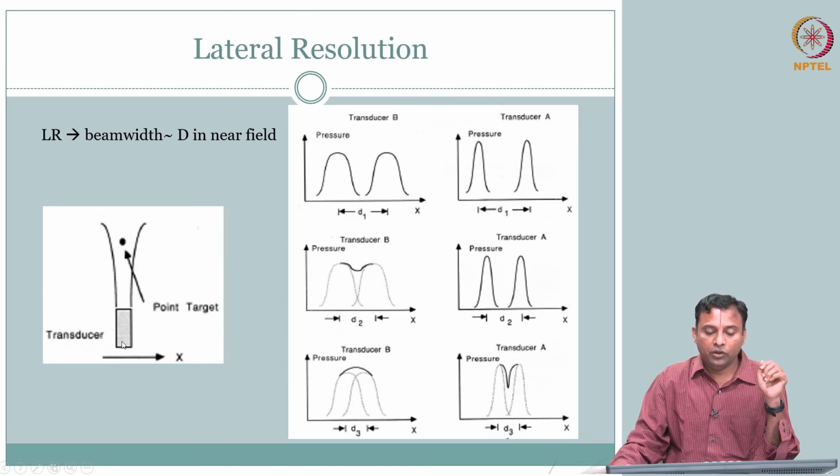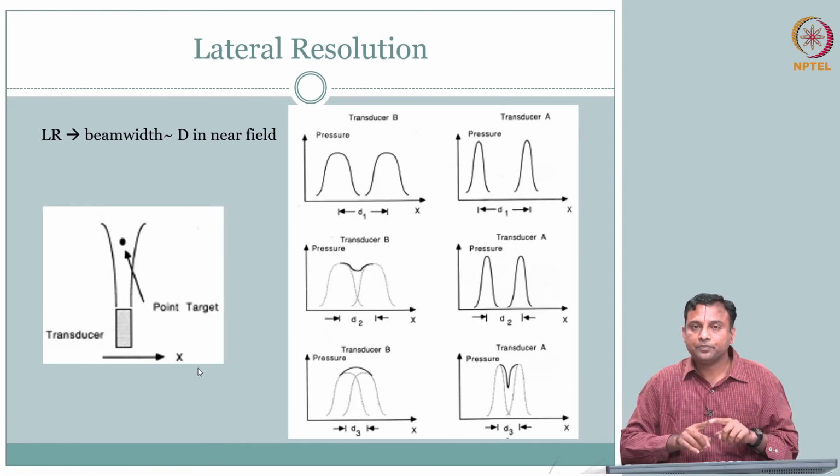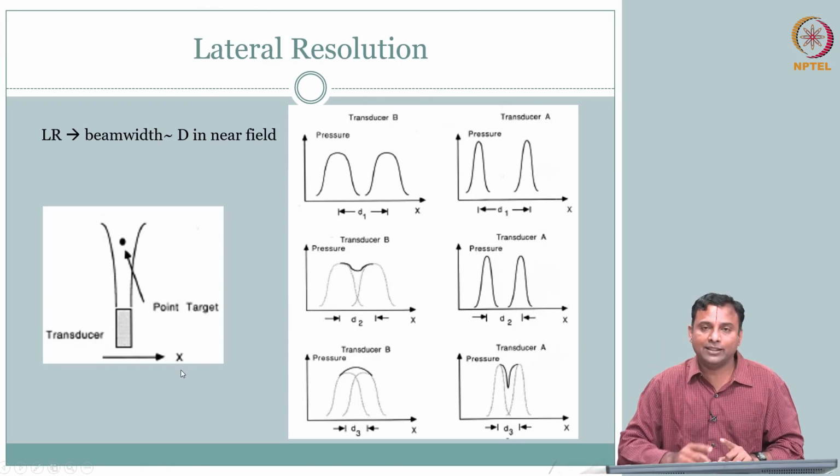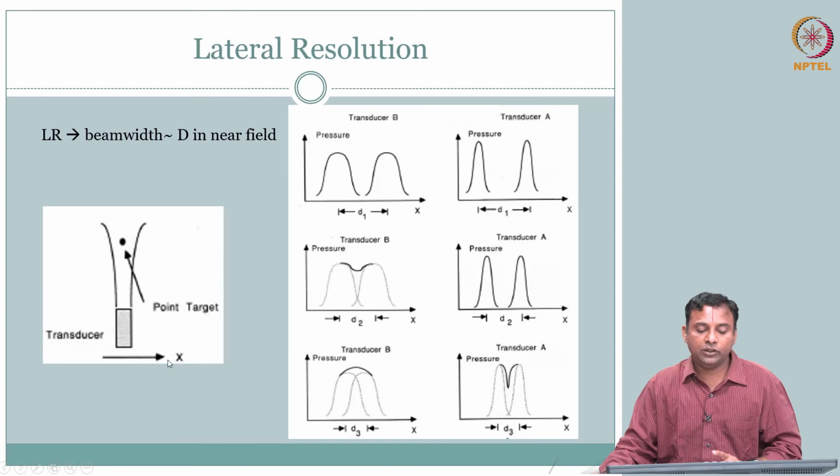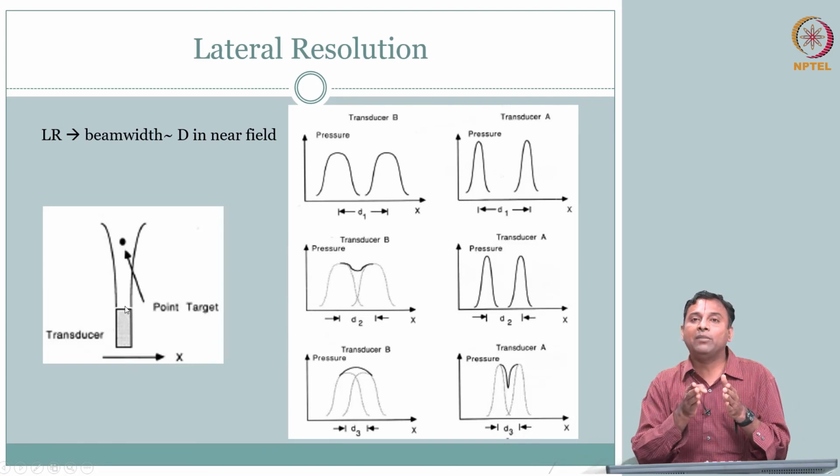So when you have a transducer and you want to do imaging, this is only one direction, the depth direction. I should be able to move it in the other direction, right? Only then can I get an image. So x comma z, I can get my image plane as x comma z, based on the x that is written here. If this is the case, then I need to have as narrow a beam as possible, right? Only then when I move in the x direction can I have good resolution.